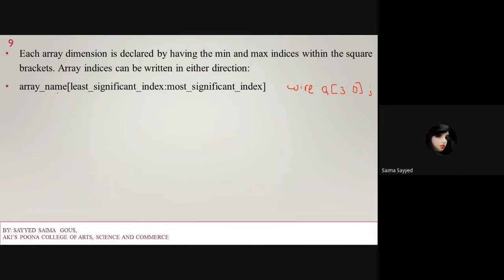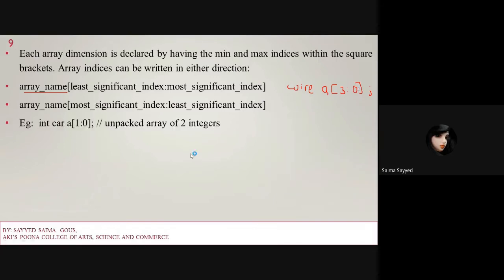First we write the array name, then least significant and then most significant, or the other way, most significant and least significant. So in both ways we can define an array, but for vectors there is only one way, where the left side is the most significant and the right side is the least significant. In arrays we can define either direction.